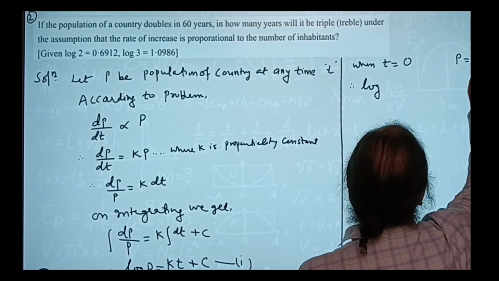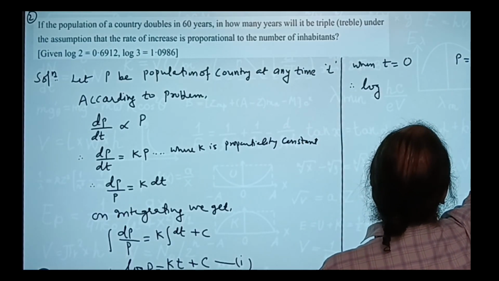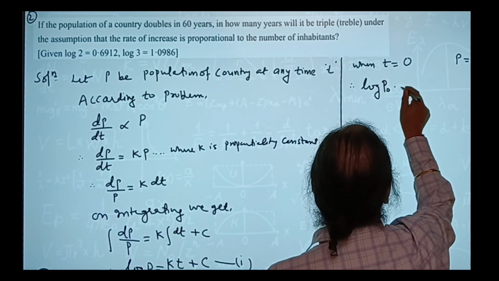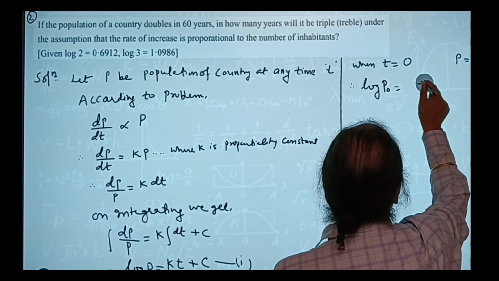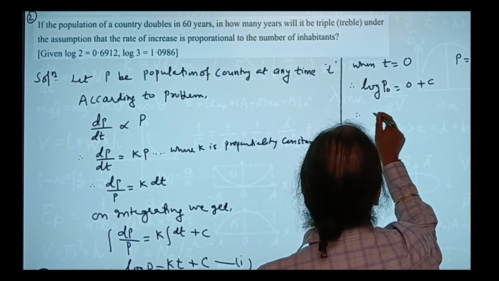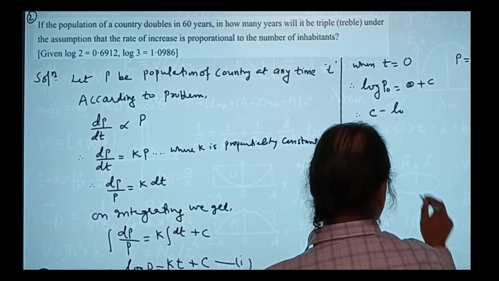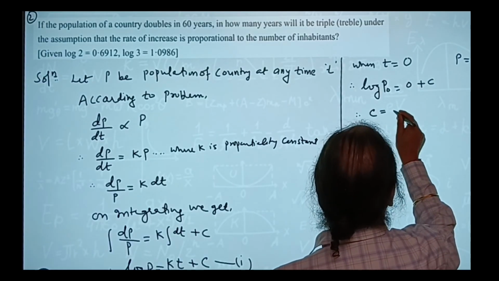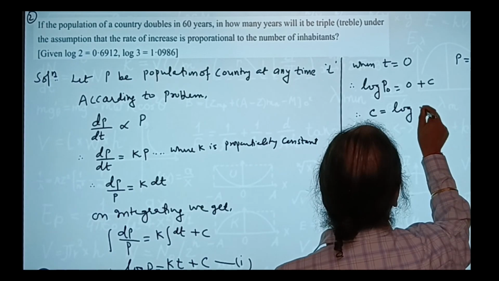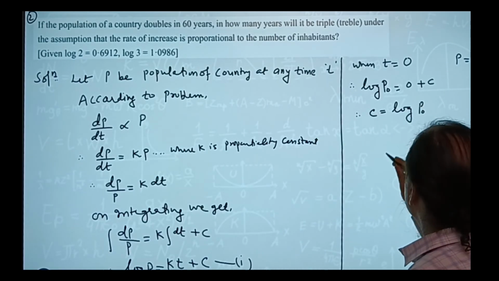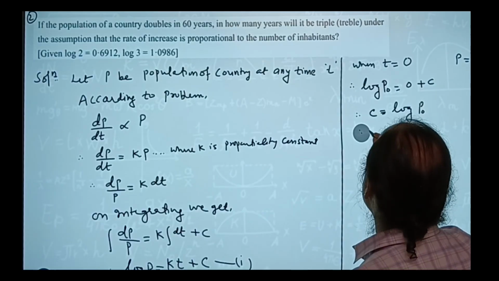When t is 0, p is P0, so log P0 is 0 plus c. So c is log P0. Therefore, equation 1 becomes